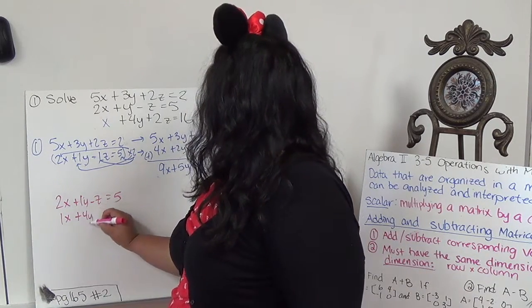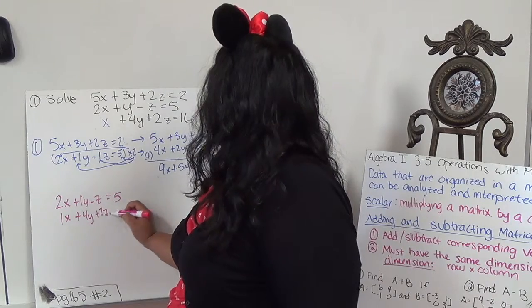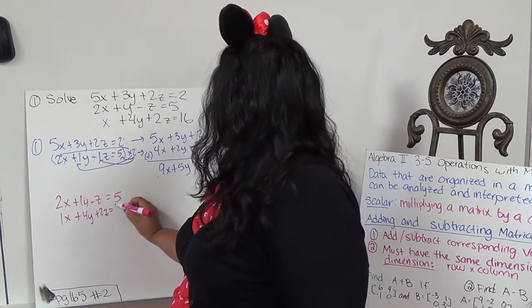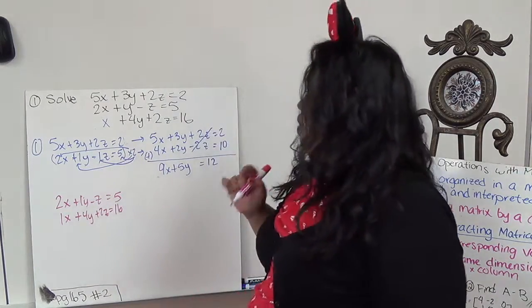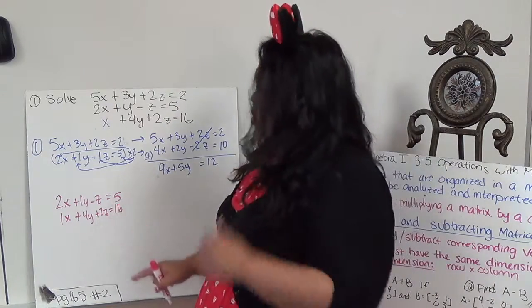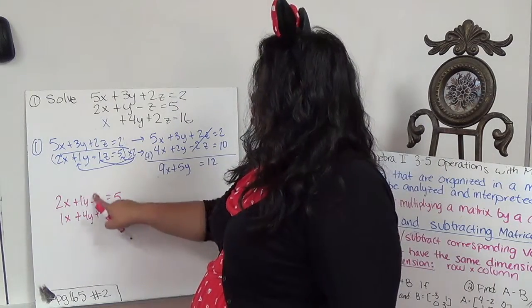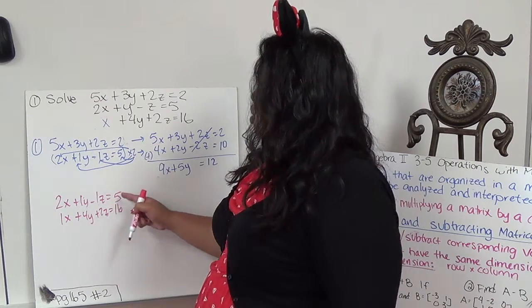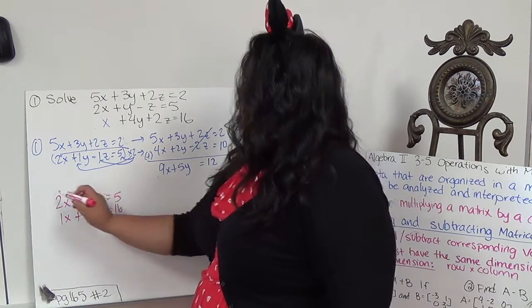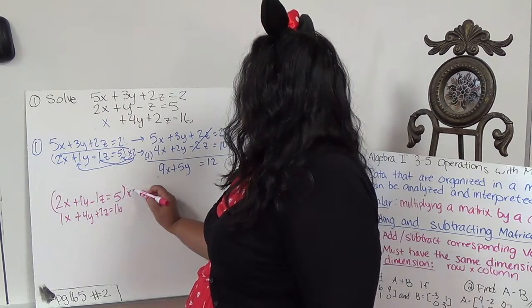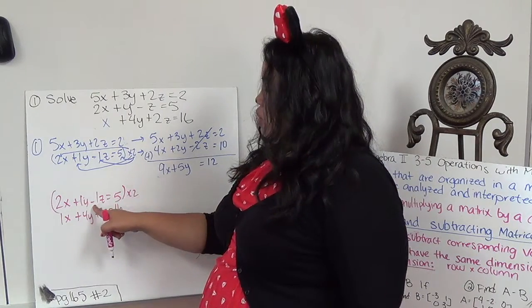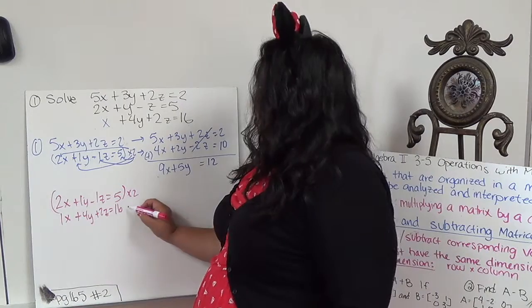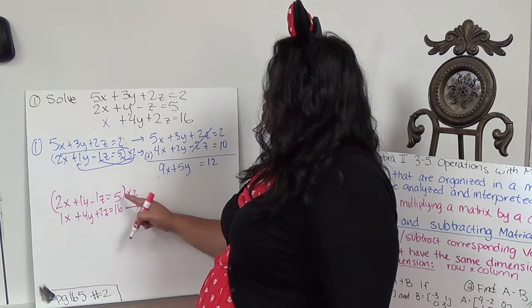1x plus 4y plus 2z equals 16. Now, here's the thing. I have to now get rid of z also. Lucky for me, just like this one, I don't have to multiply both equations. I just have to multiply this by 2, which will give me a negative 2, and this positive 2 will cancel out. So this one I can just carry over, and this one I multiply